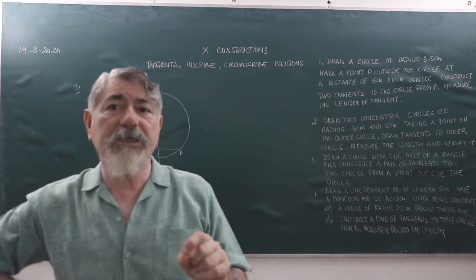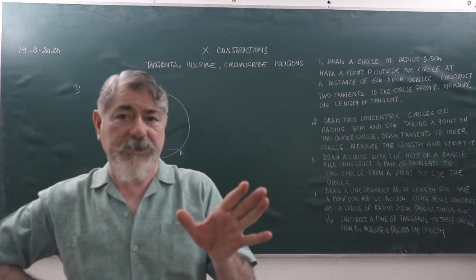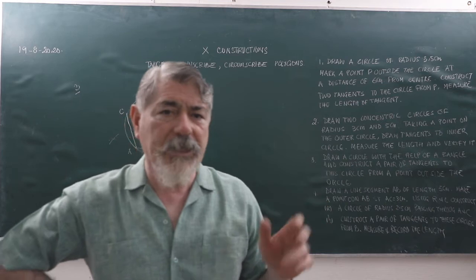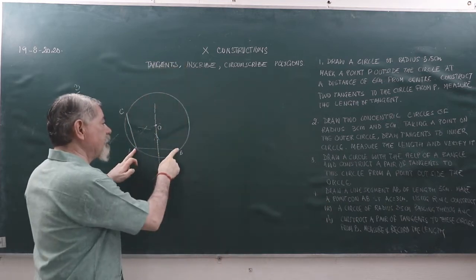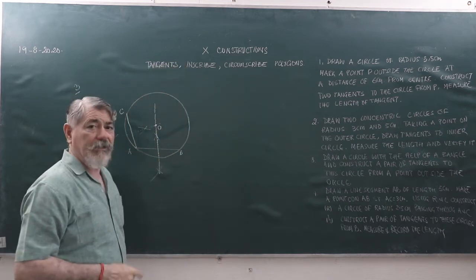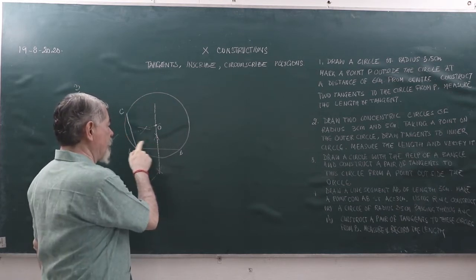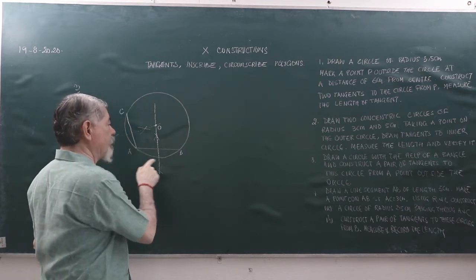Infinite number of circles can pass through 2 points. If there are only 2 points, A and B, there can be infinite number of circles which can pass through A and B. How? I'll take a point here and take radius till A and draw a circle.